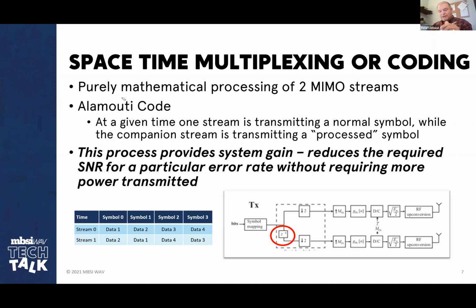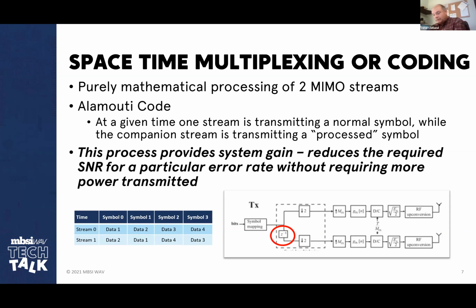And so you see that sometimes in the spec sheet. That's what they're referring to. They're referring to this space-time coding. They're referring to this carrier inverse function filter here that's applied to one of the 2 streams. The result of this is that if I was to take a receiver on the